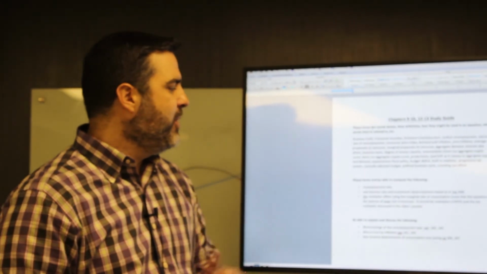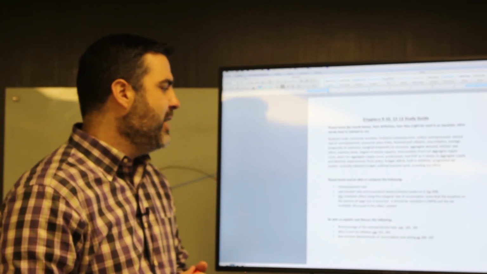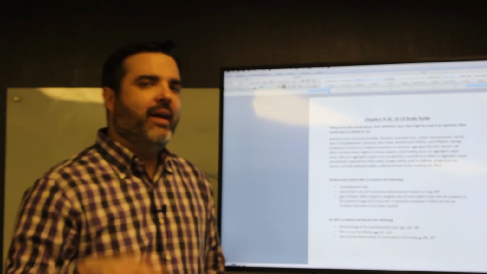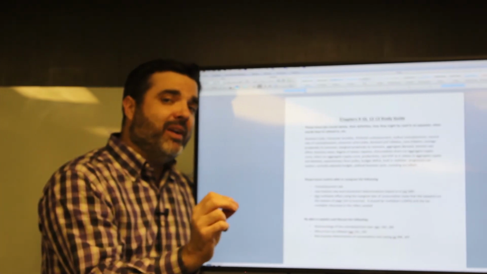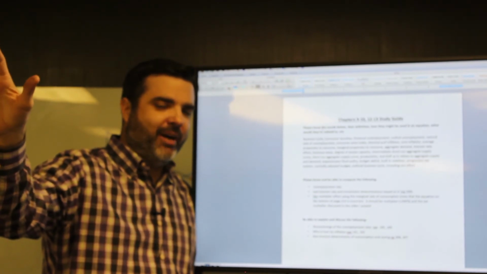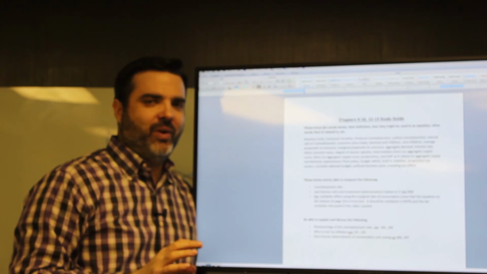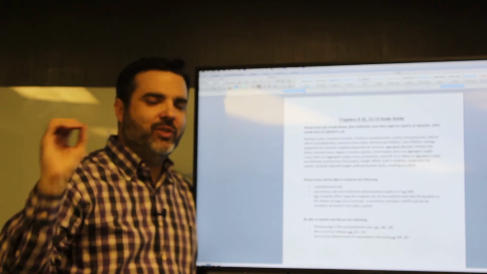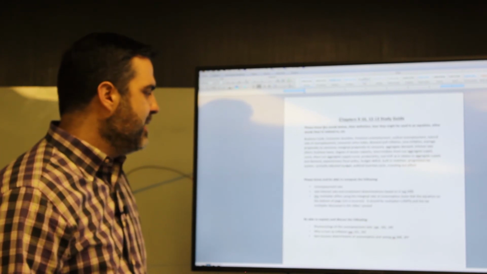Be able to know and compute. You should be able to do these from the last few weeks. Unemployment rate, real interest rate, and investment determination based on it. This is going to look like I'm going to give you a real interest rate. I'm going to give you an expected rate of return. I'm going to give you a nominal interest rate. I'm going to say, should you do this project? You're going to say yes or no. Then I'm going to give you an inflation rate. And then you're going to say, should you do this project? Yes or no. Have questions on it? Ask it before the test.